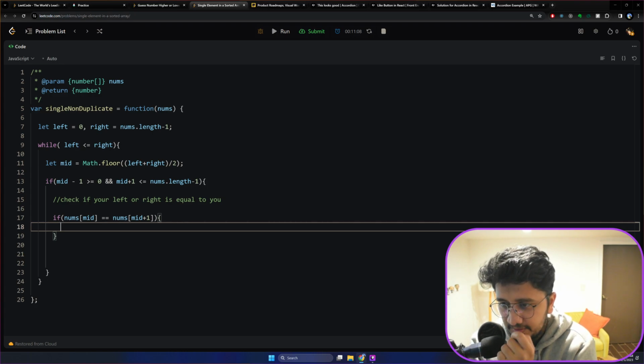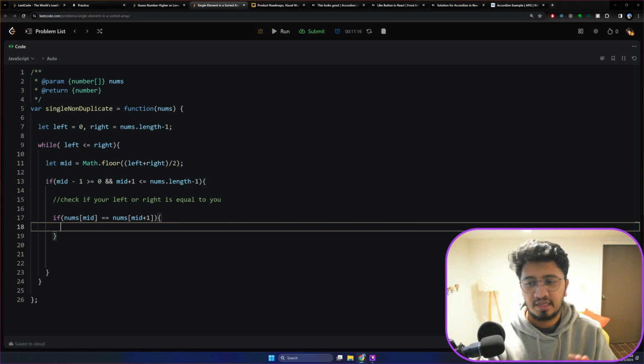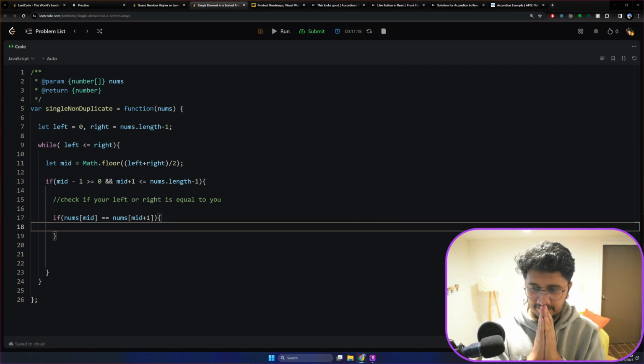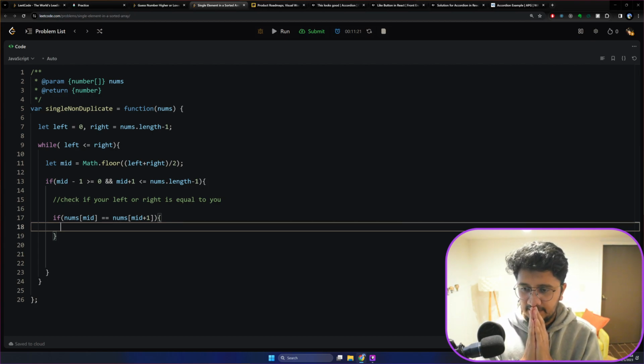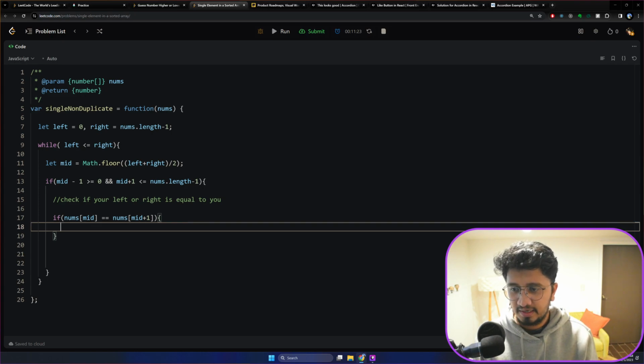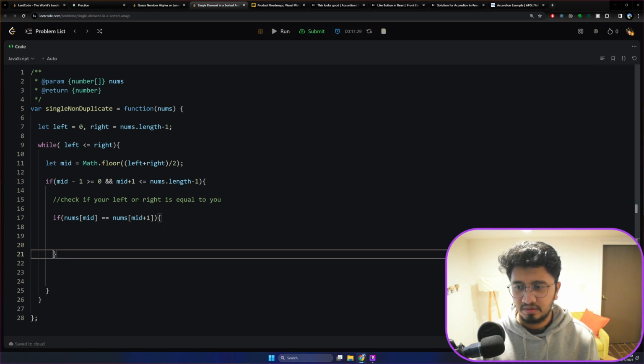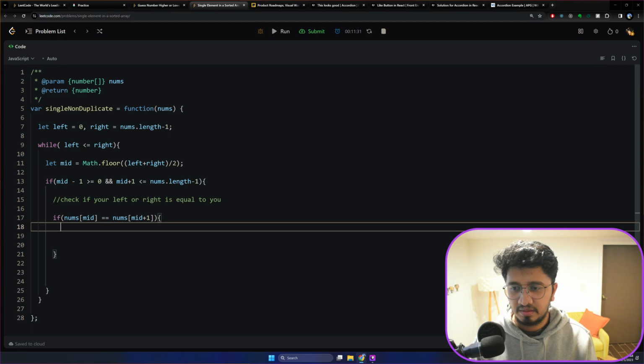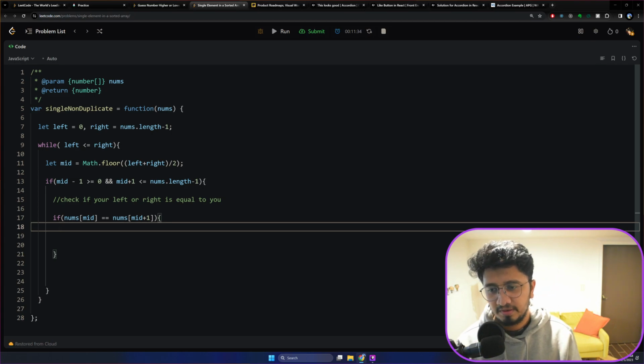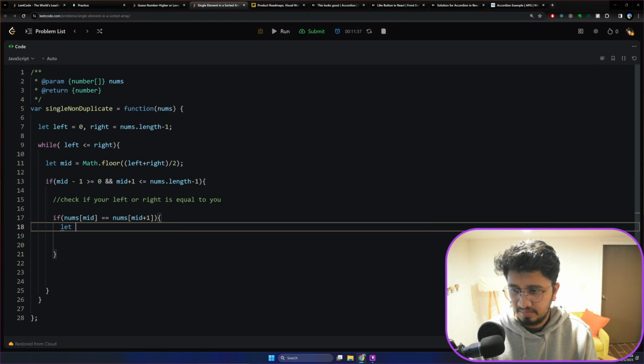Okay, where were we? We wanted nums mid equal to nums mid plus 1. Now we want to check if my length towards right is, but isn't this going to be too complicated? Yeah, there is a possibility. Okay, let even length is